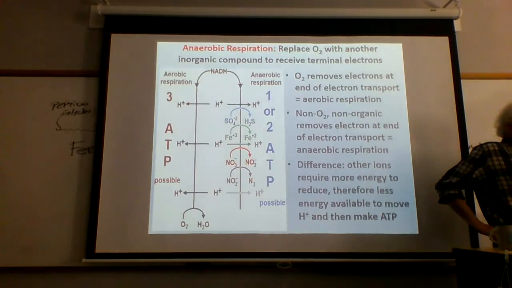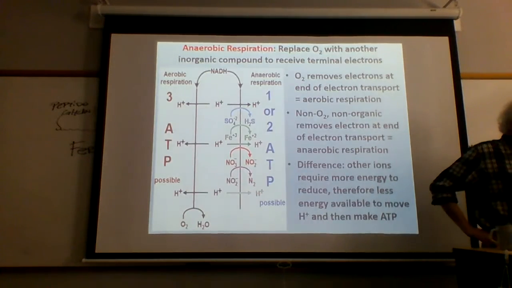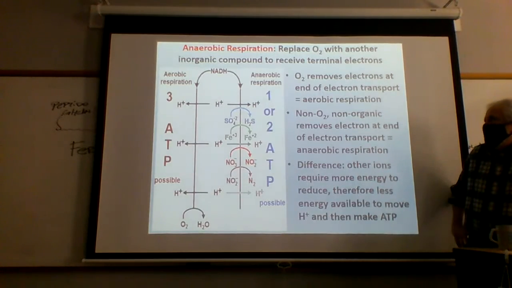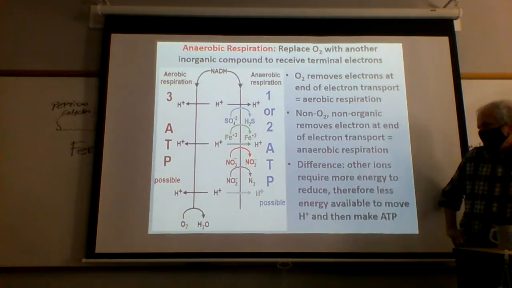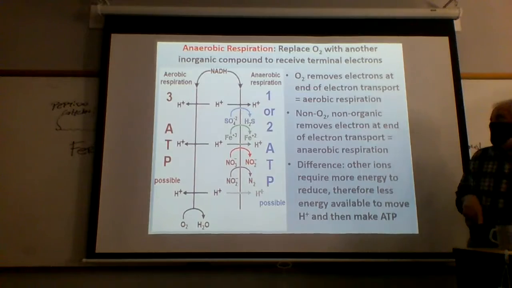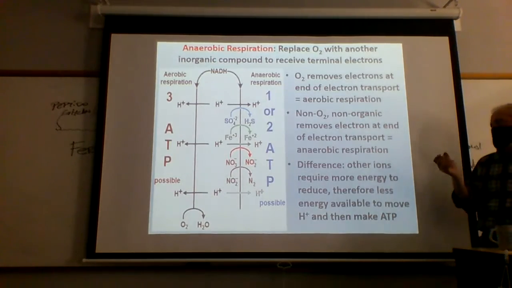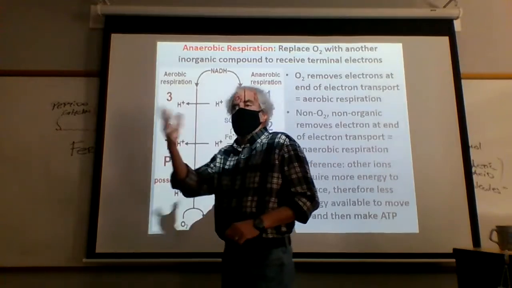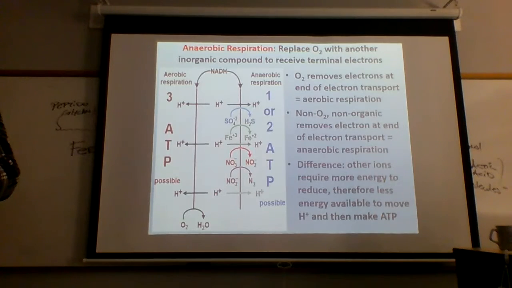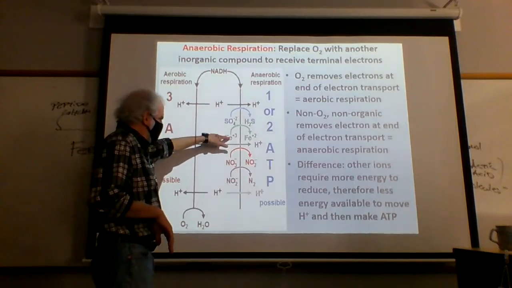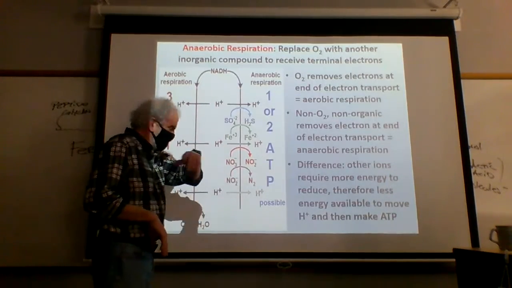All right. So, anaerobic respiration. When we're comparing that with aerobic respiration, we're using oxygen as the final electron acceptor. Anaerobic respiration is now going to be using some kind of non-organic, non-carbon molecule, since we save organic molecules as the final electron acceptor for fermentation. Anaerobic respiration is using different kinds of elements, different kinds of ions. You can use sulfate, you can use iron, you can use nitrate, nitrite.